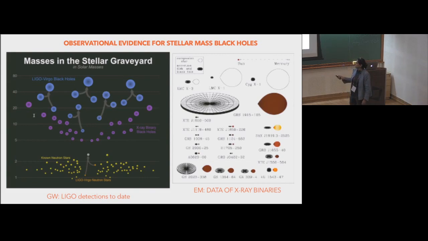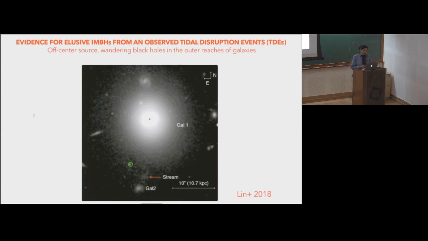Hopefully, we'll be alive when LISA does this for supermassive black holes. We've had electromagnetic data from X-ray binaries for black hole masses, and now we have data from gravitational waves. And so coming to this, this is one of my favorite candidates for an intermediate mass black